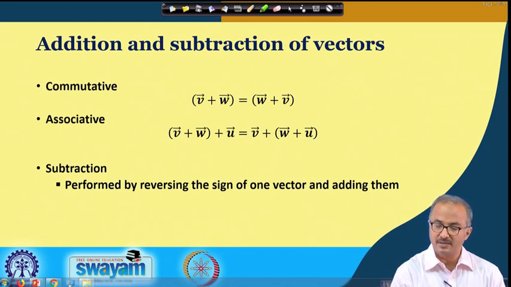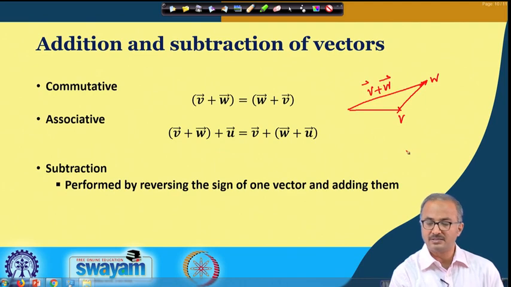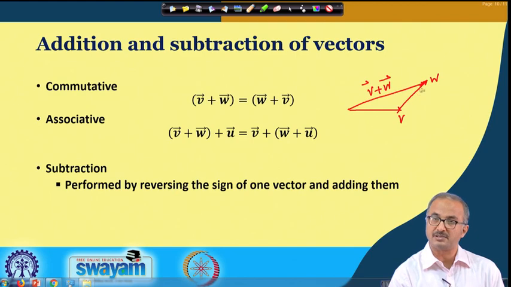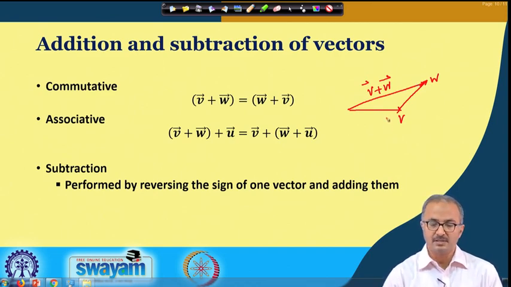You can check it this way. Suppose I am adding these two vectors. Suppose this is the v vector and then I have the w vector. The resultant addition is like this, so this is v plus w. Now you can see v vector has some direction with respect to some coordinate, w has some other direction, and v plus w has some other direction. So it does not matter whether you are doing this plus this or this plus this, you will have the same magnitude and the same direction. Similarly, you can extend it for this kind of additions.